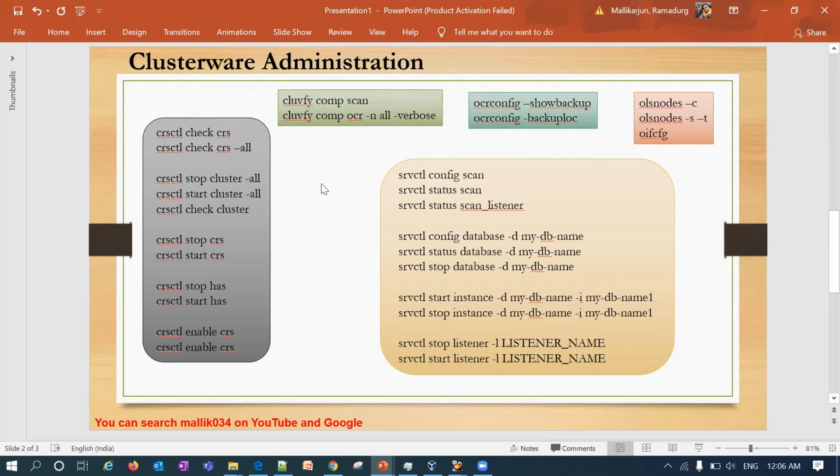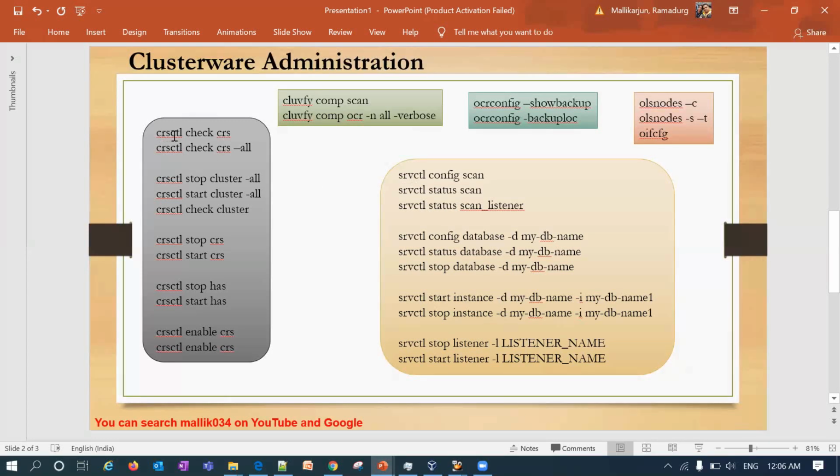Okay, let's start with the sections I made here. If you see the color difference, the basic understanding of clusterware management starts with SRVCTL and CRSCTL. These are the two keywords you should always remember. CRSCTL is cluster service control, and SRVCTL is service control.